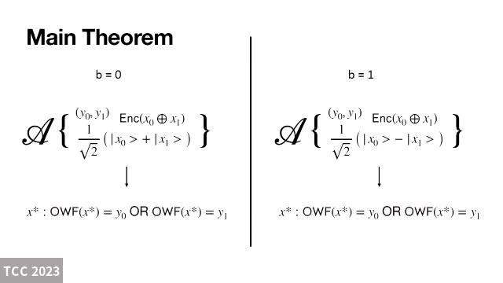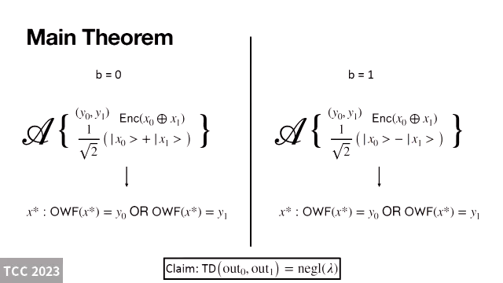So we consider two experiments. The experiments are identical in the sense that we give the adversary all the information that was described before. The adversary returns a string x0, which is either a preimage of y0 or y1. And the only difference is the phase of the state, the relative phase, which again models precisely having an encryption of 0 or an encryption of 1. In this context, we want that if we consider the joint distribution of the state of the adversary, the trace distance between these two experiments is negligible in lambda, where lambda is the security parameter.